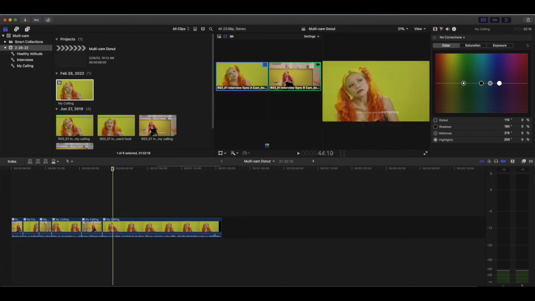One more thing I'm going to show you is it might be useful ahead of time to mark where you think edits should happen. So let's say this gesture right here where she's moving her hands, and I want this to be a wider shot for this gesture. I can go here, and where my scroll bar is, if I hit M for mark, you can see that it's put a blue marker there, and that'll give me a sense for when I'm going to make my edit. So if I skim through it, we have these air quotes right there. That could be a place where you may want to